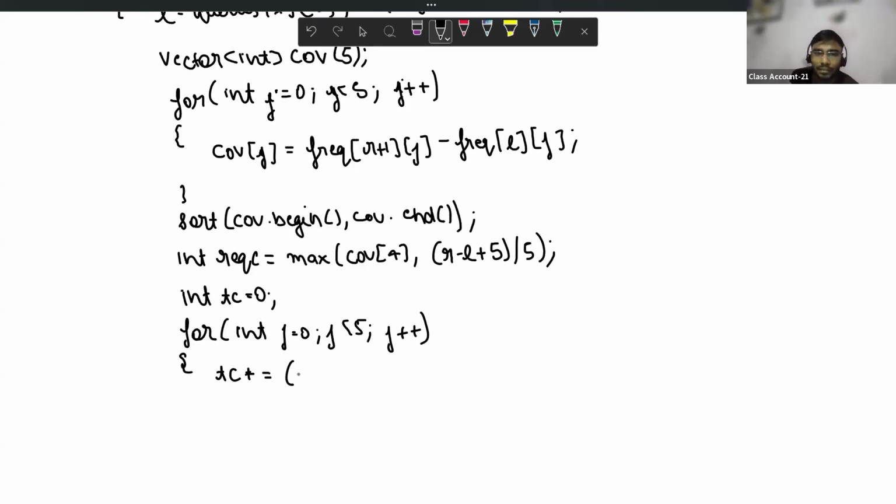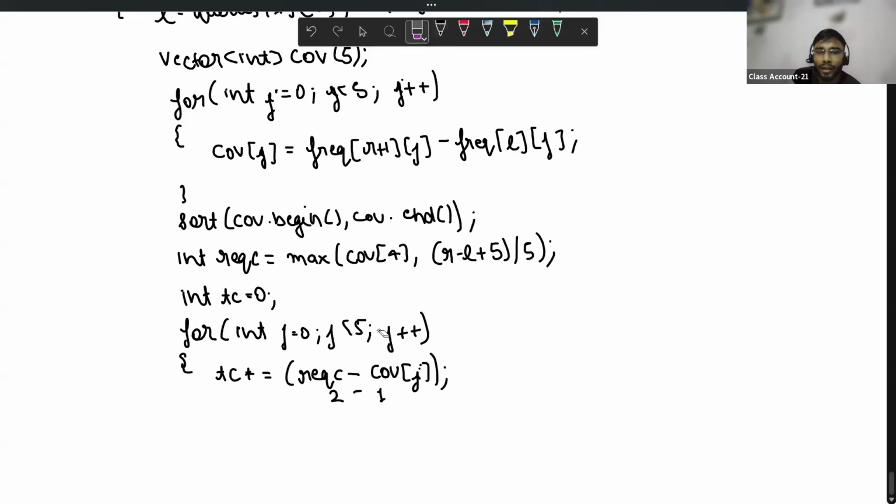My required count is, say, 2, and I have COV of j. I have this much of vowel at this index j. It means I need two vowels, but I have one. So 2 minus 1 is 1. So my required count is 2, but I have 1, so that's why I'm subtracting from the required count.